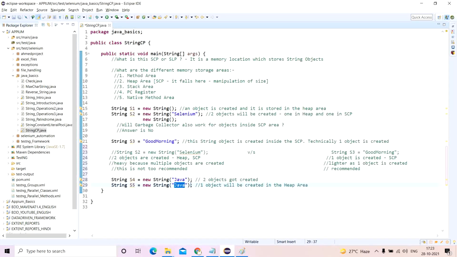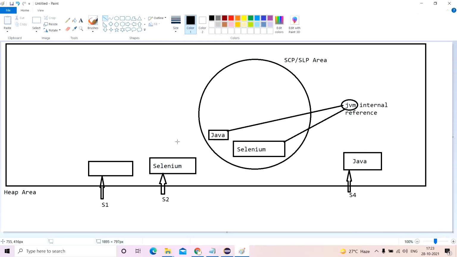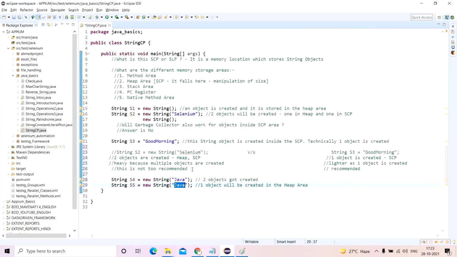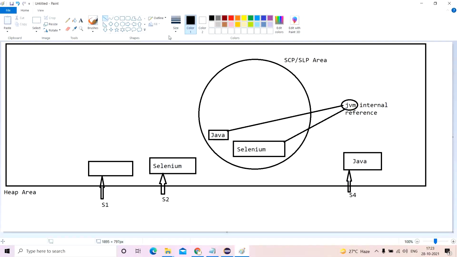So it will skip creating the second object. It will say it has the same literal already present inside of it and a hypothetical reference is already there. So why do I need to create something which is already referred by my hypothetical reference? It makes no sense to create another object in the SCP area with the same literal.